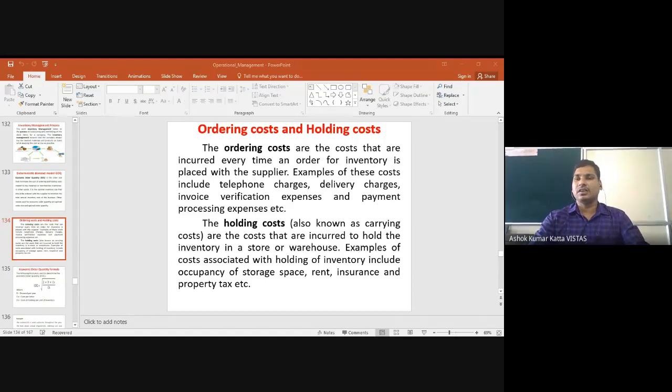For example, I'm running a glass manufacturing company. I need raw material. So when I require the raw material, what I will do is first make a call to the suppliers. The suppliers will attend my call and we have a conversation of 10 minutes or 15 minutes.